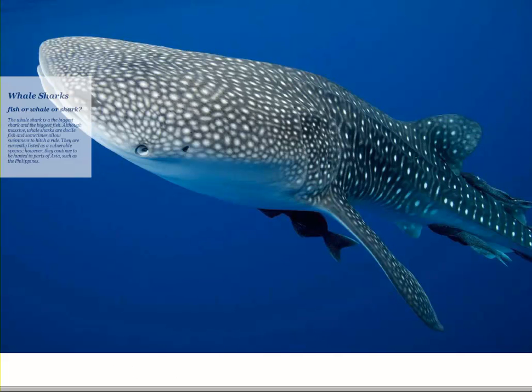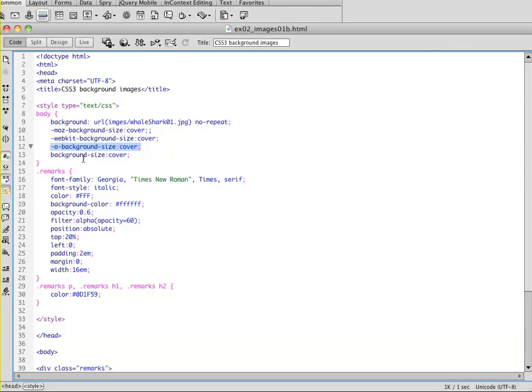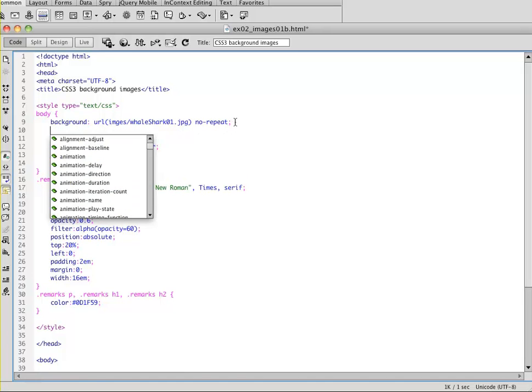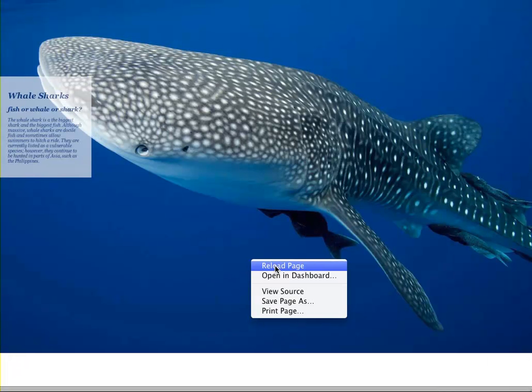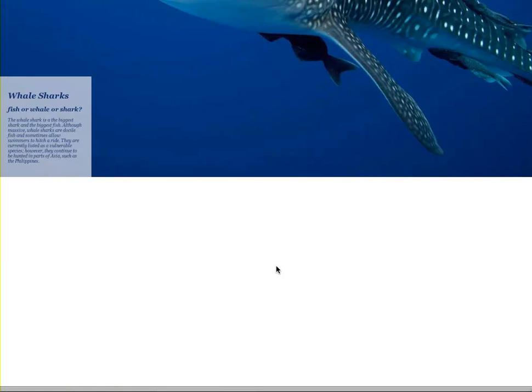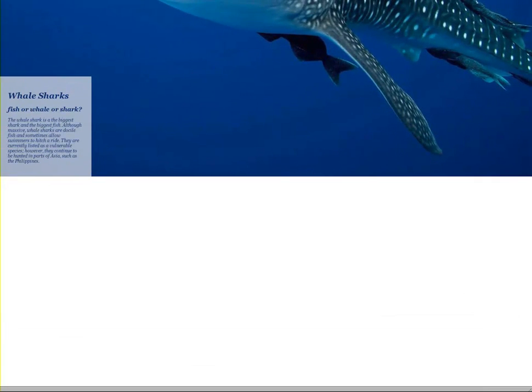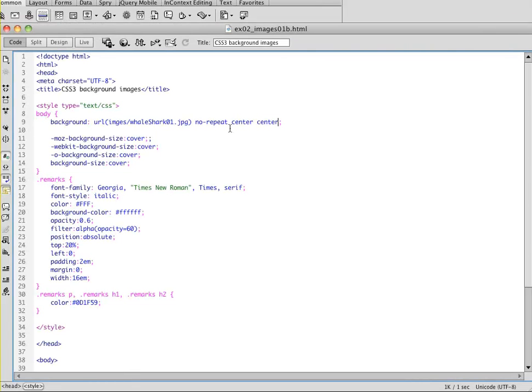Or with our CSS, we can add a couple more properties right here. I'm going to go ahead and add a background position. First of all, I'm going to tell the background image to be centered by just saying center, center. This will center horizontally and vertically. And we might not be able to see this right now. Well, you can see that the image has actually changed position. So it is centering. It's actually going off the page, not exactly what we want. But if we add, in addition to that, the property of background-attachment and tell that to be fixed,